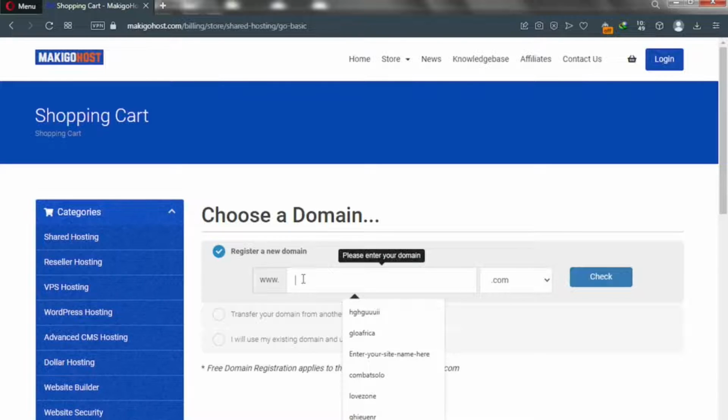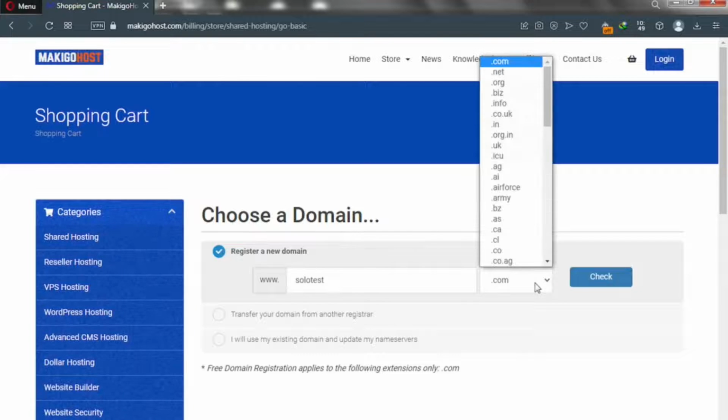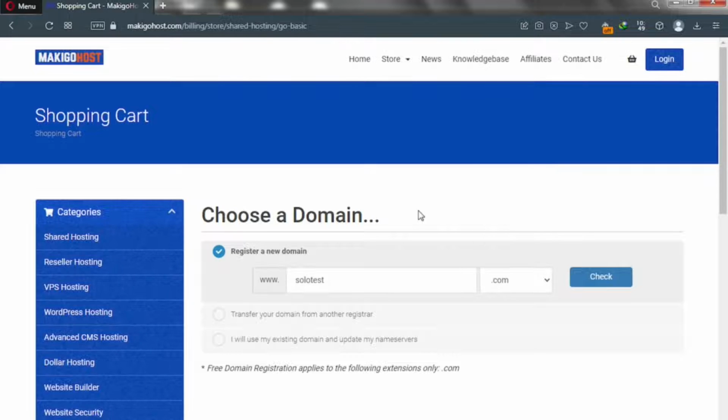and let's see. So this is my domain name, solo test, and then I pick my TLD, which is .com, .net, .org. This is where you pick your TLD. So if you want a .com domain name, please pick the first one. If you want .net, .org, in that order. I want to go with the .com domain name, so I'll leave it as default, and then I'll click on